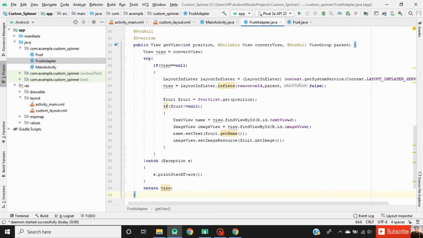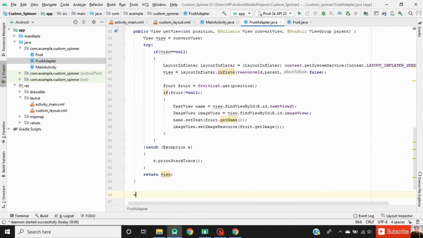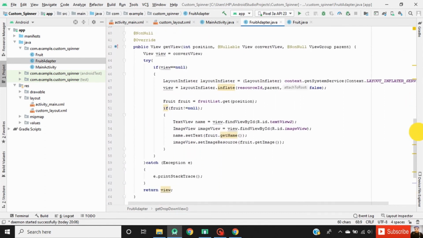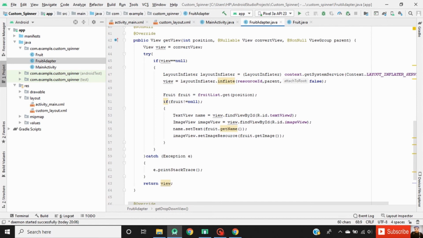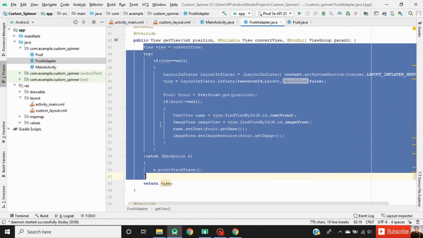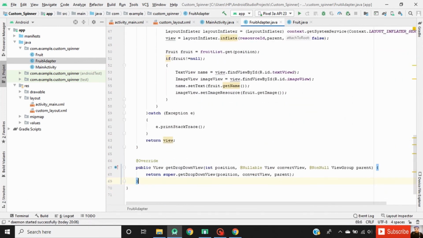Now for the spinner we have to override one more method, getDropDownView, and then copy all the code that was written in the getView method. Copy all that code and paste it into the getDropDownView method.